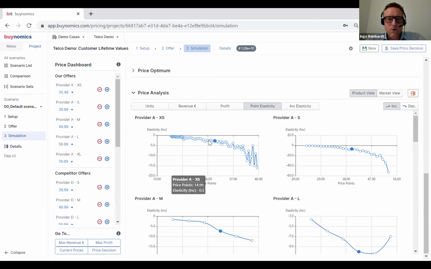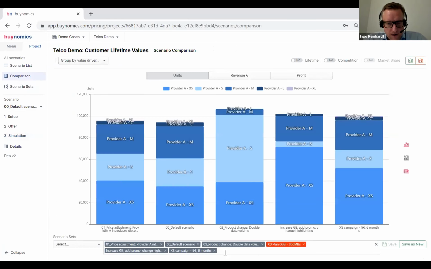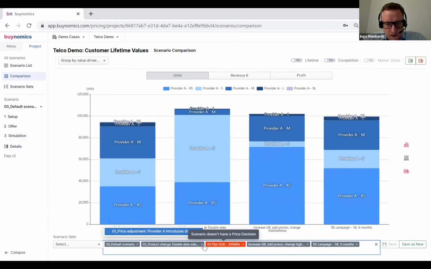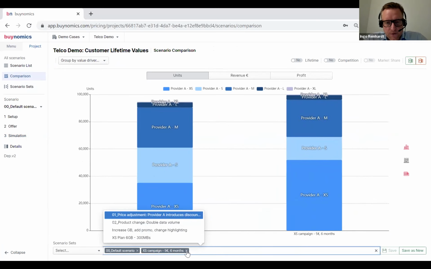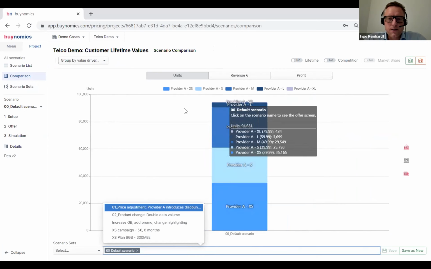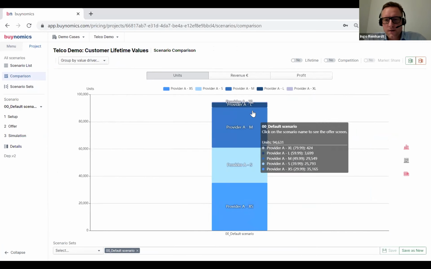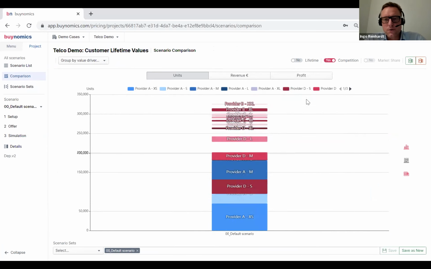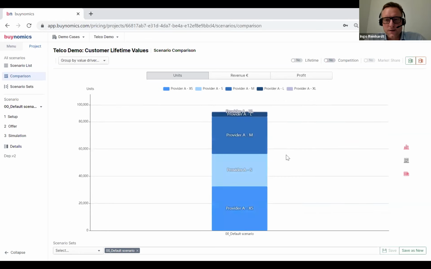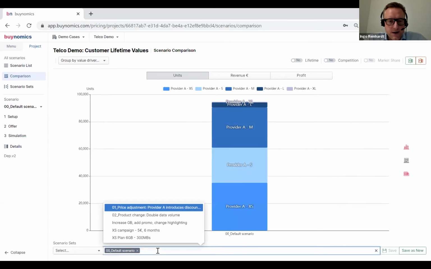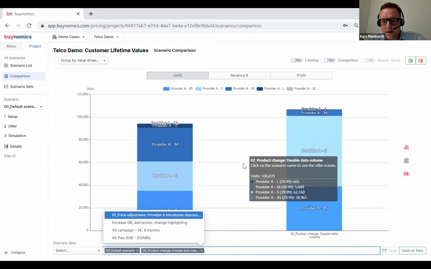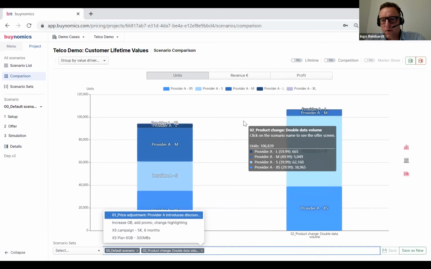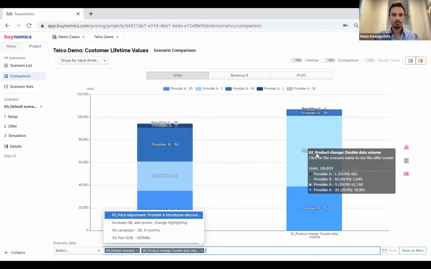So you can have all the dynamics, and like a typical way to look at these, let me clean this a bit. And typical questions you might ask yourself are, for example, so this is the offer that we just looked at, just our own products. We can also look at the competitor product, but in this way it's a bit crowded. So you can look at things like, okay, what would happen if I double the data volume in all of my plans? You see, if you did that, kept all the prices the same, you would sell more.